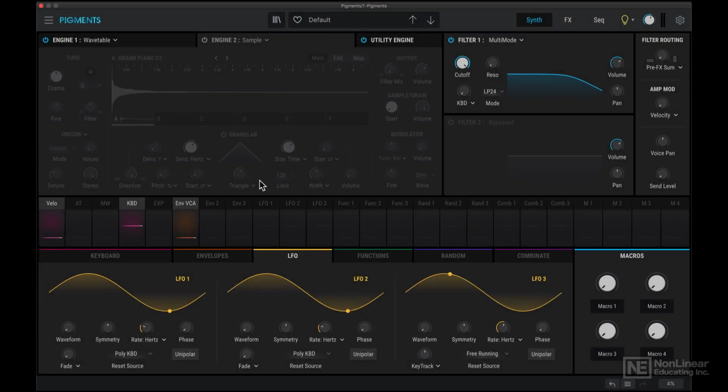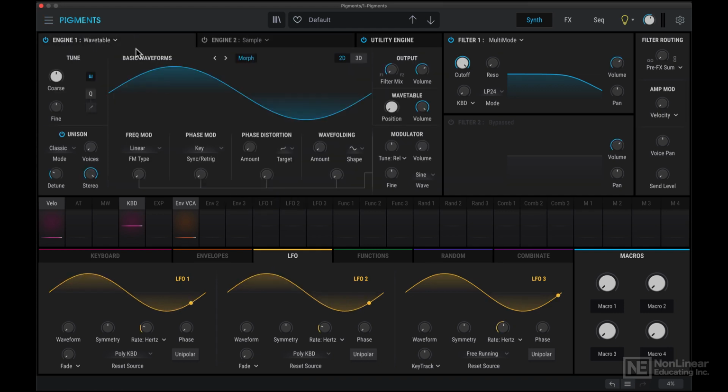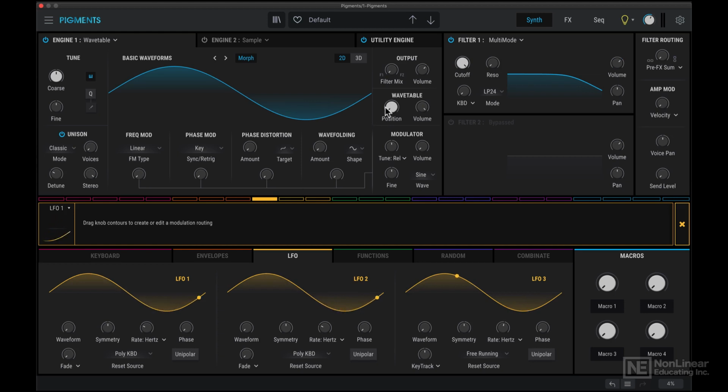The LFO section now. Alright, I'm going to start from scratch here again. So let's make some assignments. Engine 1 wavetable. Let's assign LFO1 to the wavetable position. So this time I'm going to click over here, and I'll just click and drag around the knob to make